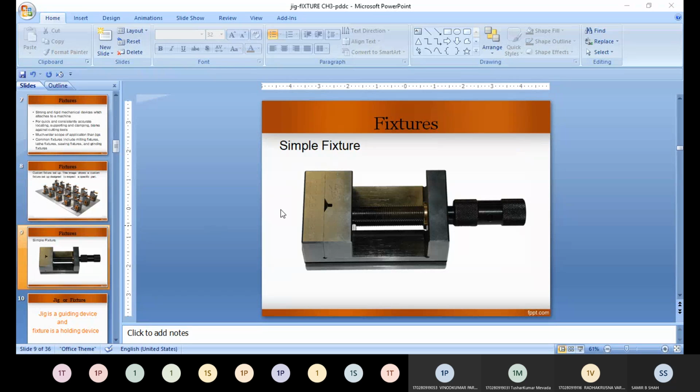I hope those who have completed their first year in diploma, if you have visited our laboratory, then on the left side there is a whole section regarding fixing the part. So it is a basic fixture where we do not perform the drilling operation. Except for drilling, we perform operations in the simple fixture. This is the basic fixture that we most probably use in all the workshops, or in all the mechanical factories, or we can say all the GIDCs.